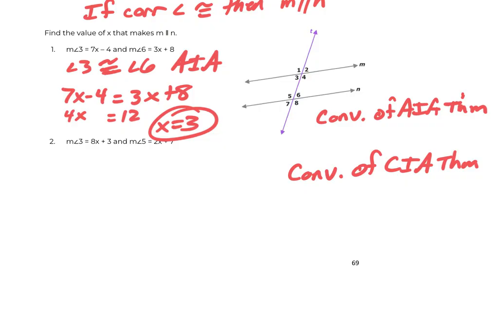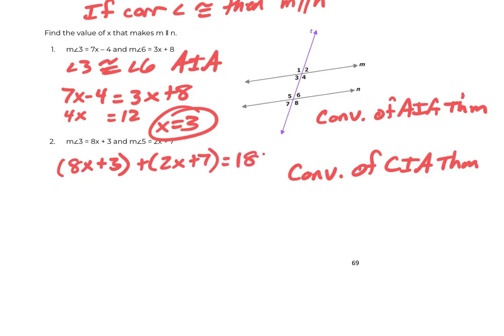What would be true about consecutive interior angles? They would have to equal 180. So we're going to write out 8x plus 3 plus 2x plus 7